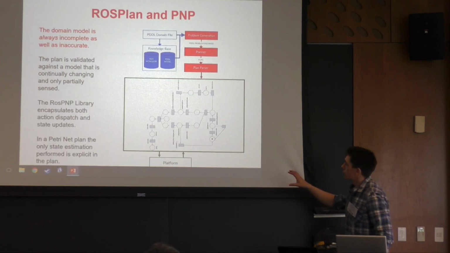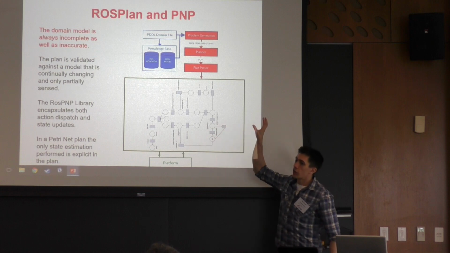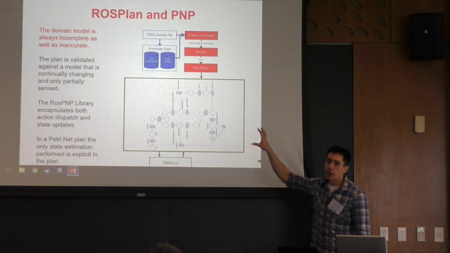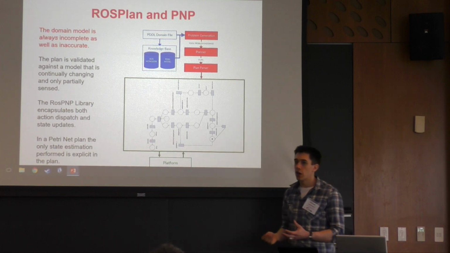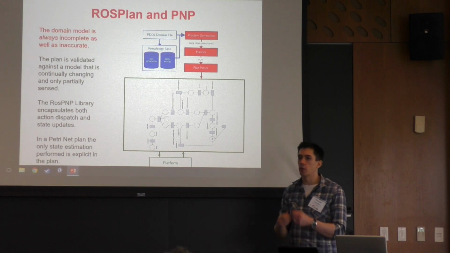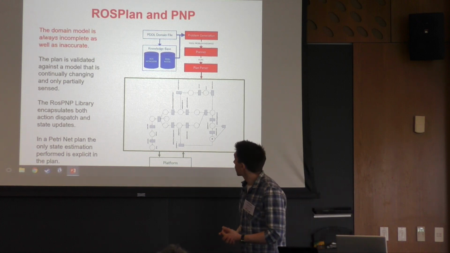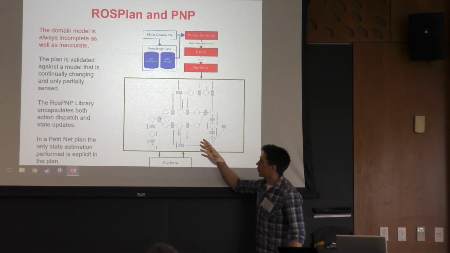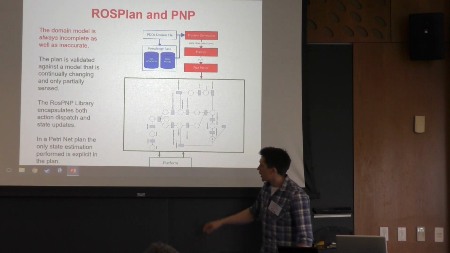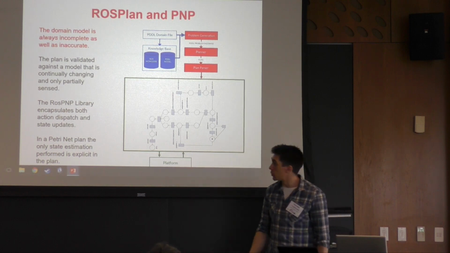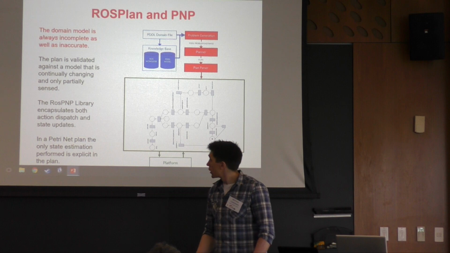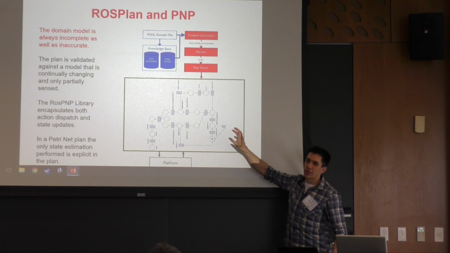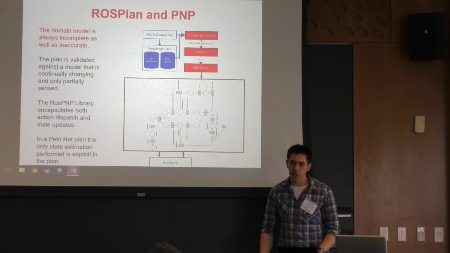Instead, we have a system that looks like this, where ROSPlan components are really just used to generate the PDDL problem file, pass it to a planner, and generate an initial plan. In this case, a conditional plan, one of the branching plans we looked at before. Then ROSPNP takes care of the rest. This is on its side the PetriNet plan here, and integrates with the platform itself. This box has its own complex description, which Luca will cover in the next part.